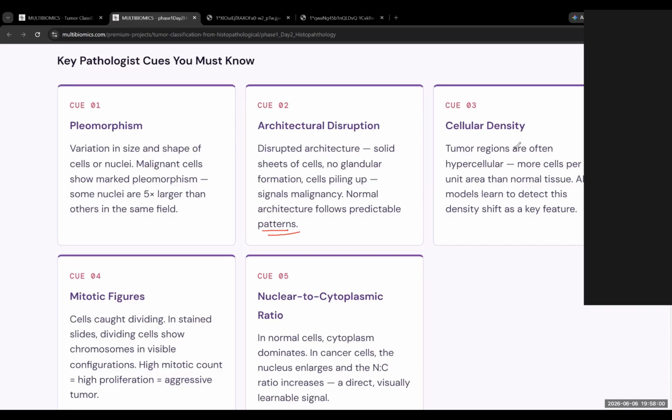Then if you look at the cellular density, the tumor regions are often hypercellular. More cells are present in the tumor region when you compare to the normal region. So the AI model will look at these things. Then you have also got mitotic